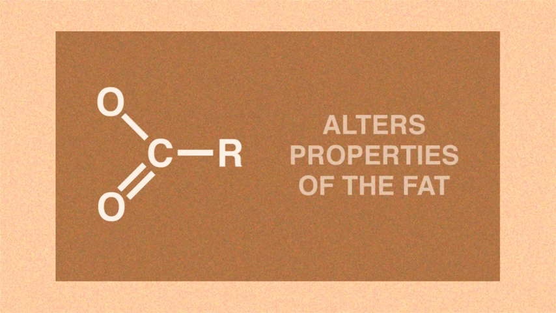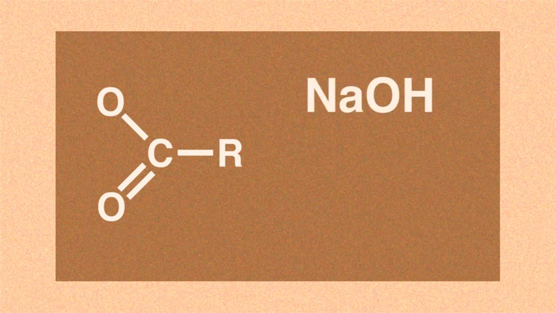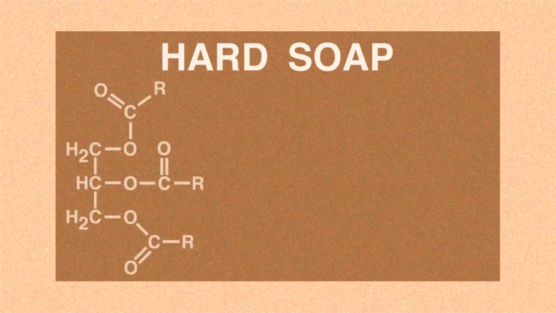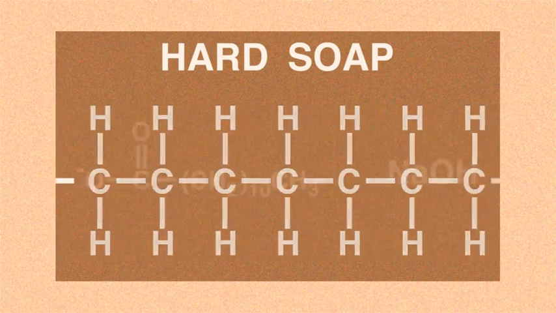The R groups of a particular length alters the fat's properties, particularly its melting point and its solubility. In addition, the choice of base, such as whether you use sodium hydroxide or potassium hydroxide, is also important. Typically, hard soaps are made when fatty acid esters with R groups containing 12 carbons or more use sodium hydroxide